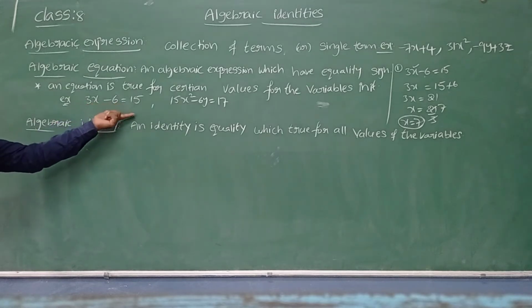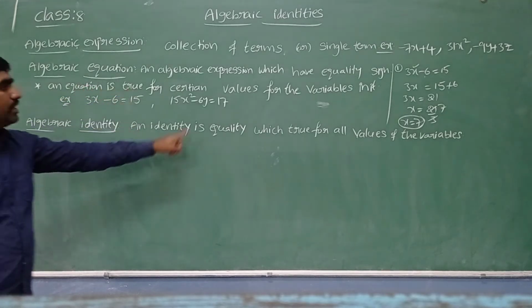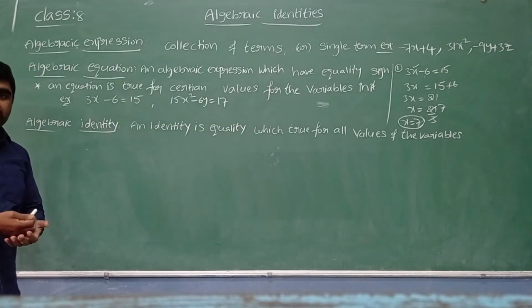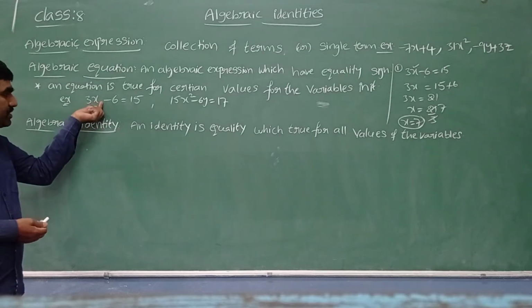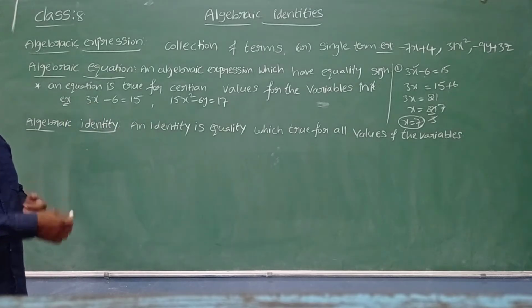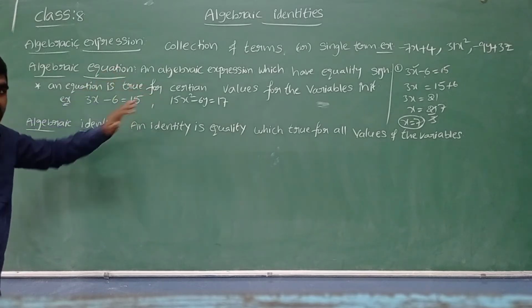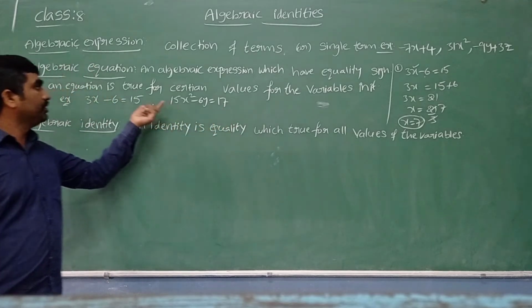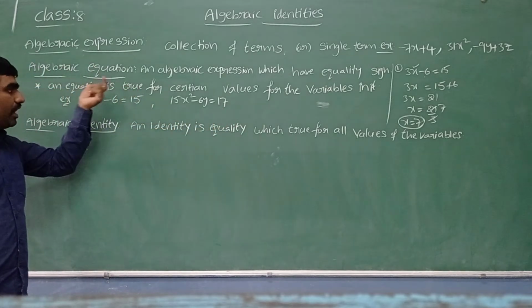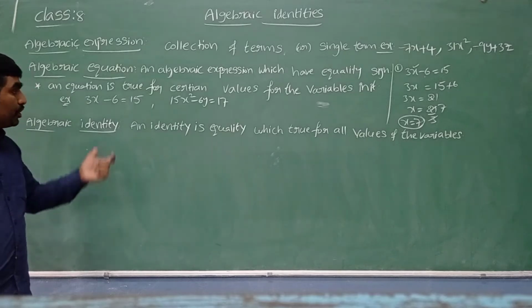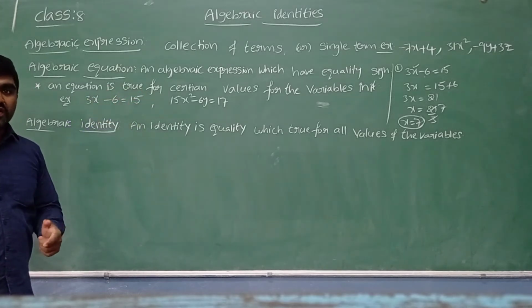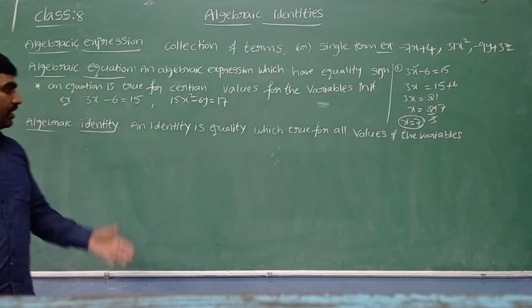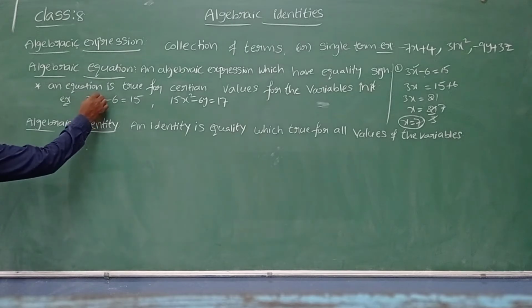This is an algebraic equation which is true for certain values of the variables. True in the sense that, by substituting some particular value in place of x, we get both LHS and RHS equal. If both LHS and RHS are equal, we call it true. Now you tell me, to make both LHS and RHS equal, what is the suitable value of x? Sir, we already know the solution, which is 7. Substitute x equal to 7, sir.